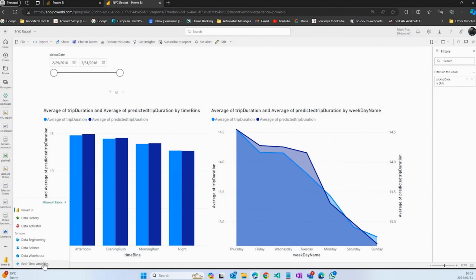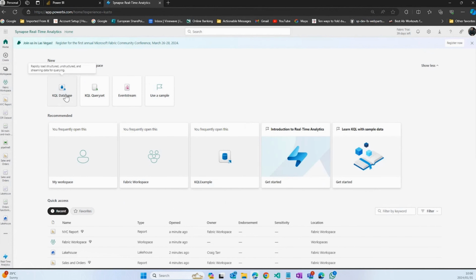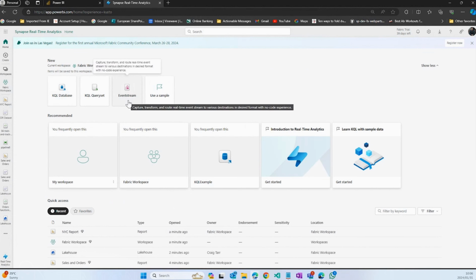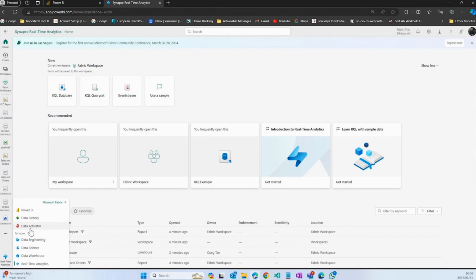So, quite interestingly, there's real time analytics. You can be pulling in your data in real time. So here you've got KQL and you've got event stream. I haven't left these running, I turned some of them off, but the event stream is essentially listening to a data source. It's polling all the time, and then the data arrives and it transforms it. So where you're looking for hedges and the like, you can keep that event stream running against, let's say, a share price, and then kick off actions based on that share price using the data activator. That's just the alert system, making things actionable based off of your real time analysis.